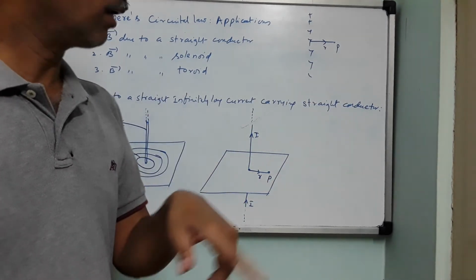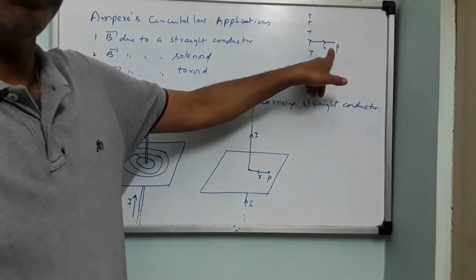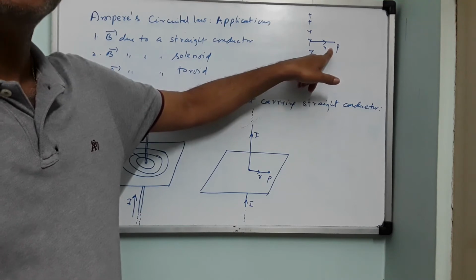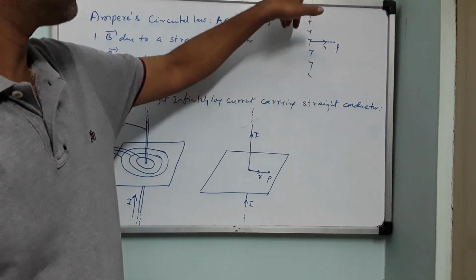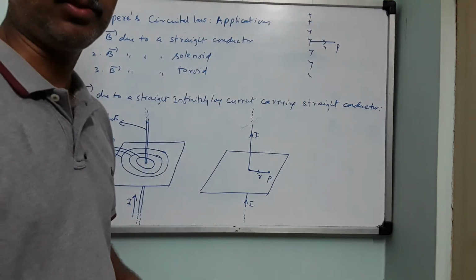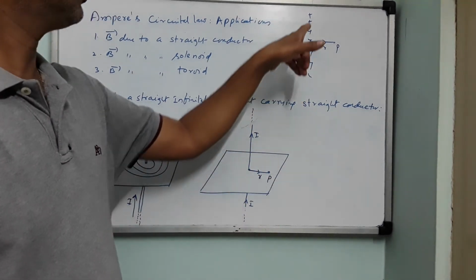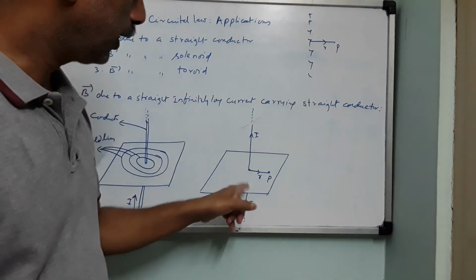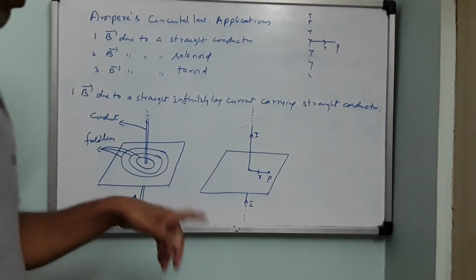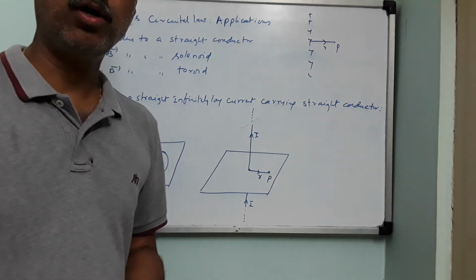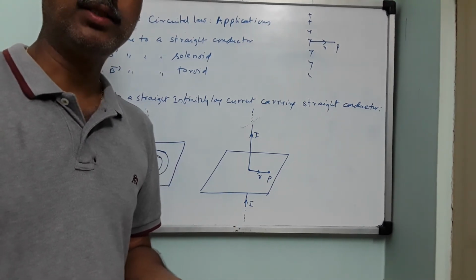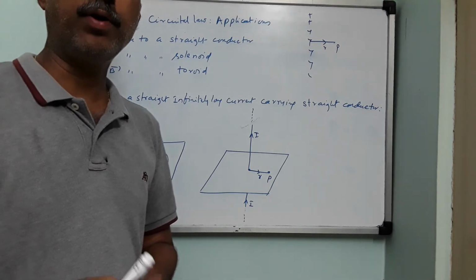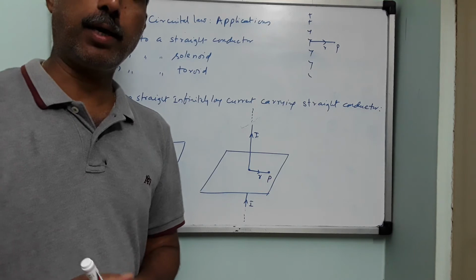So in order to make calculation of electric field at point P in Gauss theorem, we have imagined a Gaussian surface in the form of a cylinder such that it encloses the total charge as well as your point of interest. I repeat, the Gaussian surface is imagined to enclose the charge and also the point P. Here also you have to imagine an Amperian loop. You have to imagine an Amperian loop that actually encloses the current in the conductor and also your point of interest where you would like to calculate magnetic field.